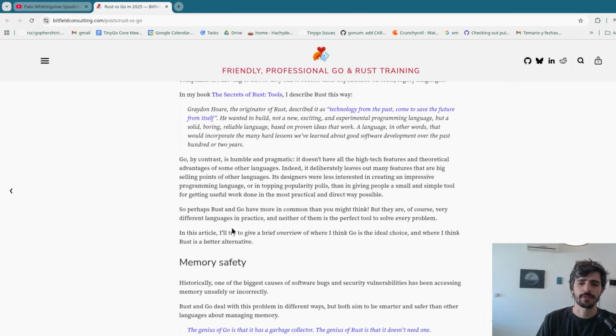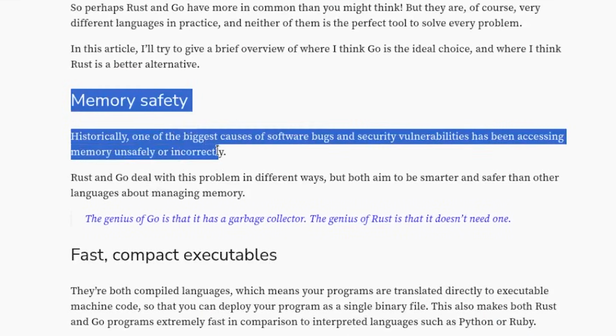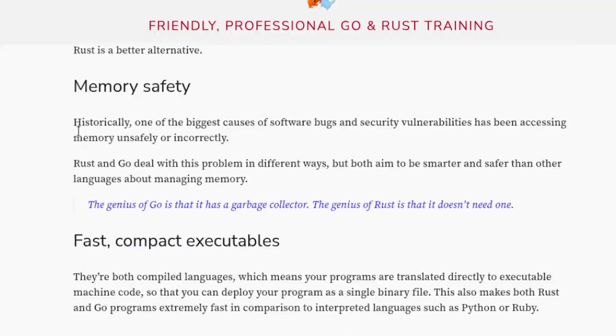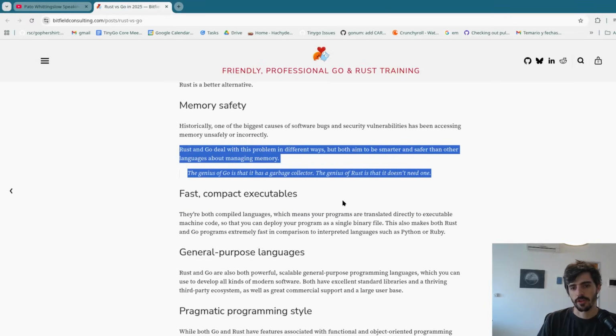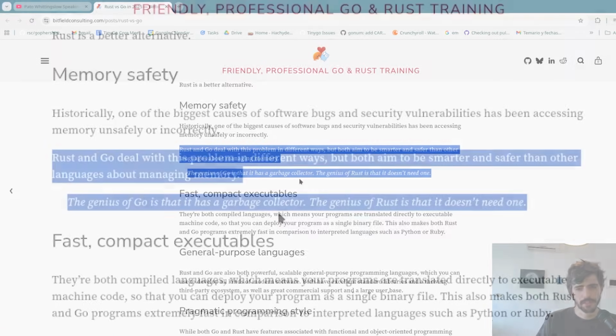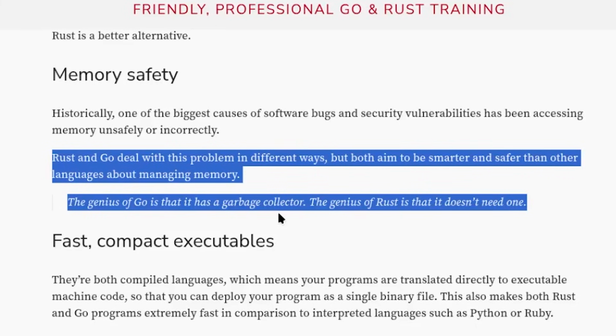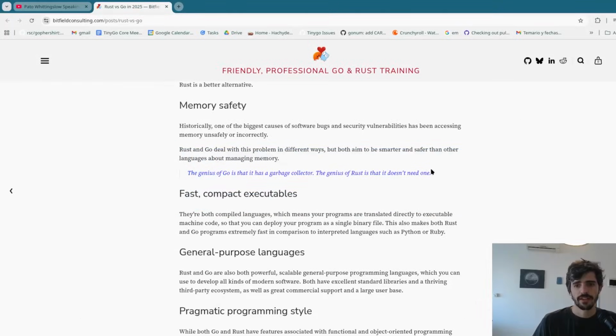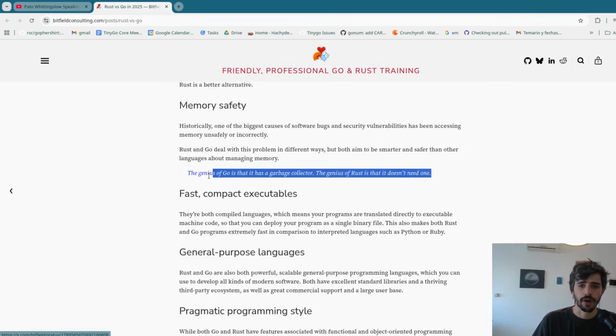I want to get into the sort of meat of the article, which starts here, Memory safety. Historically, one of the biggest causes of software bugs. Rust and Go, they do things differently here. Go does have a garbage collector, but they're both memory safe. And this has nothing actually to do with memory safety. This is just like the memory model of Go and the memory model of Rust.